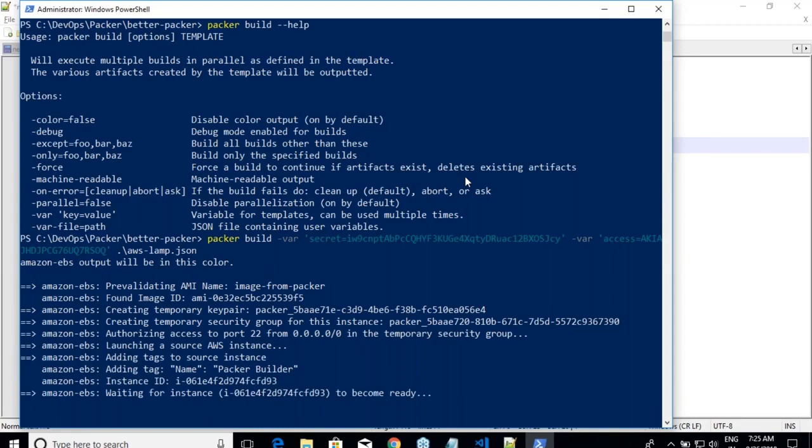Same thing. Whatever we have done yesterday and whatever you have done today is the same thing. But the advantage of today's file, whatever I've written, is nothing is hard coded over here. Especially the credentials are not hard coded. So I can save this, or I can share this file with you, and you can execute the same command, packer build. Okay. And you have to pass your secret key and you have to pass your access key, and you will be able to do the same image creation, whatever I have done.